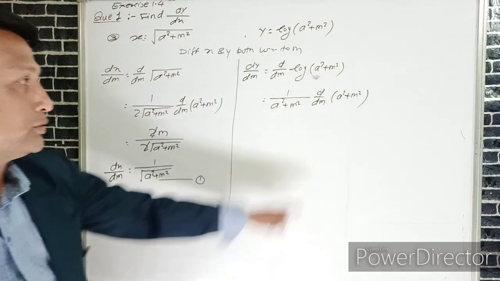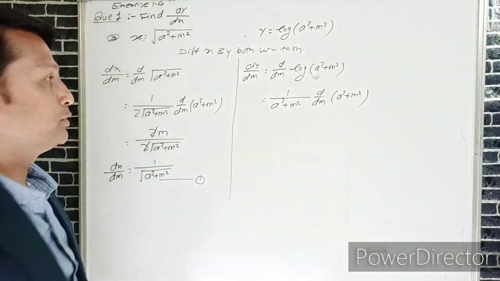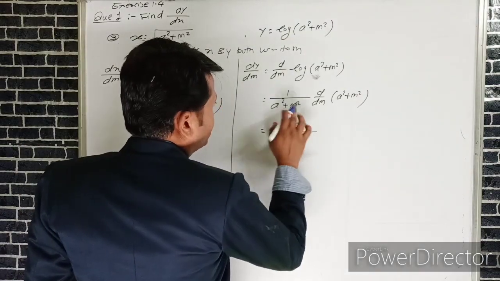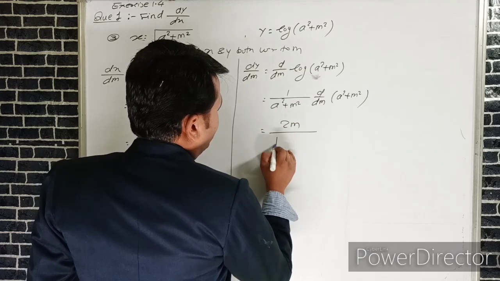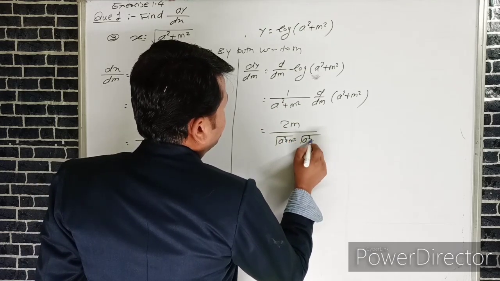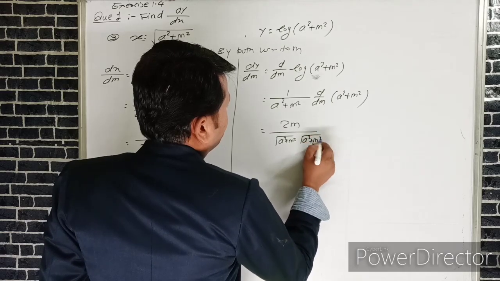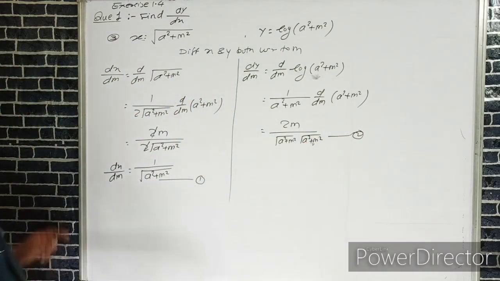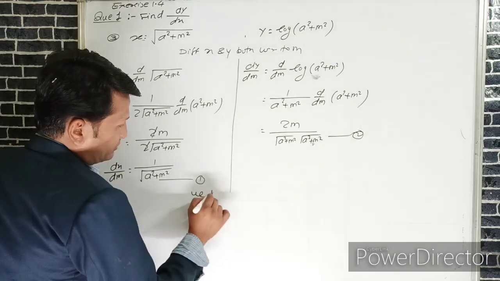Here the derivative of a square is 0 and the derivative of m square is twice m. We can write it as 2m upon a square plus m square, which is number 2. Now we have to find